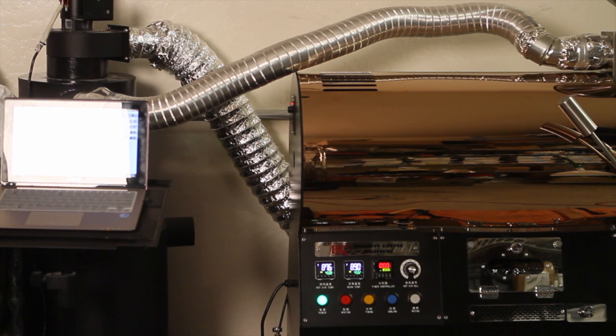Good evening. Tonight we're going to show you briefly how you can set up your Artisan profiling system with your coffee roaster. We're going to first of all show you how to do that using a PC running Windows 8. And we're going to do that on a BC 3300. Please note that the exact same setup for the BC series roasters applies to the Arizona series roasters as well